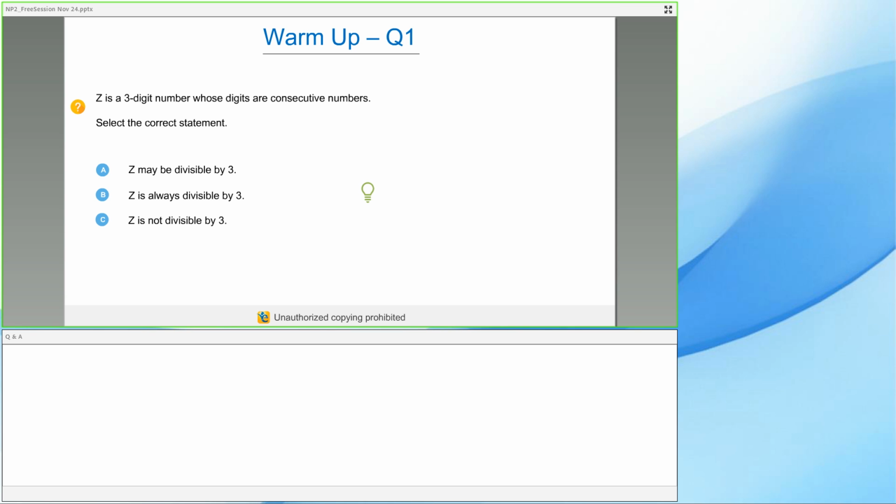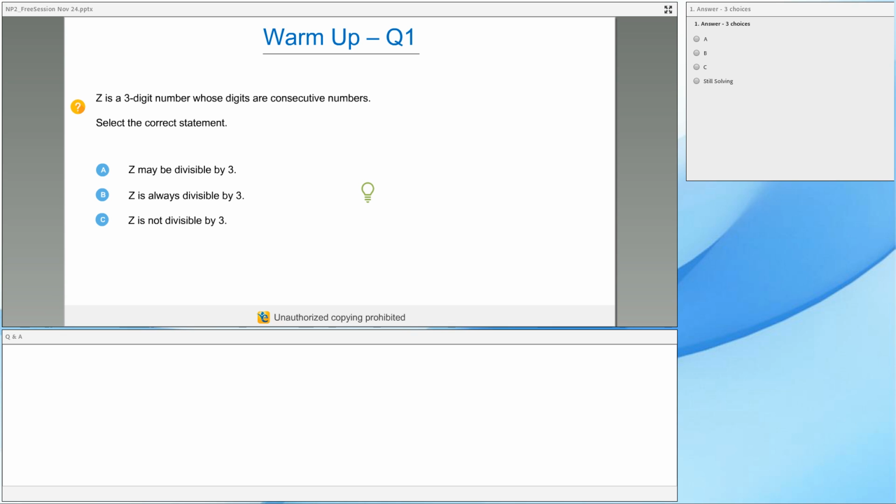Since these are basic warm-up questions, there won't be 5 options to these questions. You might have maximum 3 or 4 answer choices. I'll bring up a poll. I'll give you about a minute to solve the questions. Once you're done with it, I'm going to discuss the solution. Okay. So I hope you can see the first question, and here is the answer poll in which you can mark your answer. Those of you who are still solving, I would request you to kindly mark still solving so I know how many of you are actively participating.